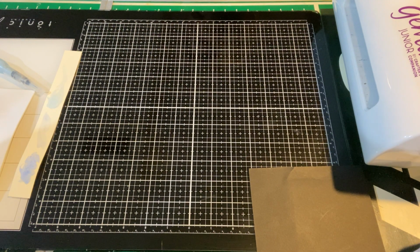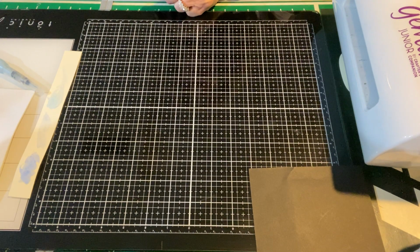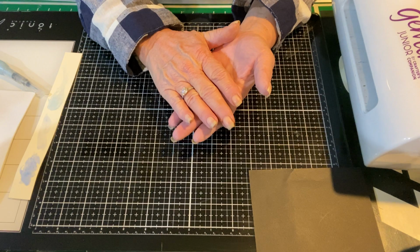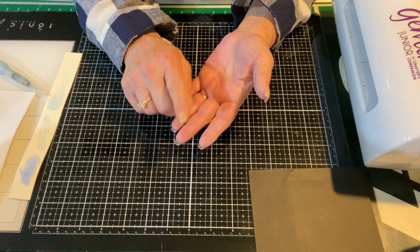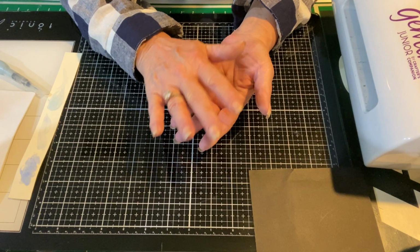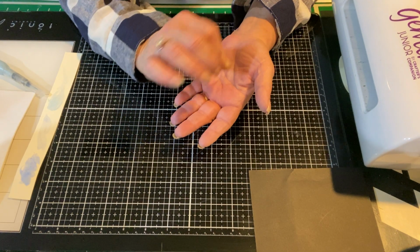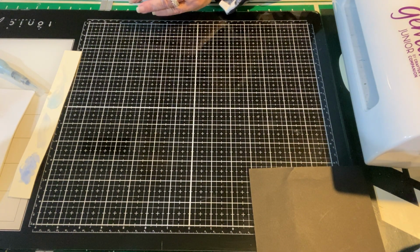It is, as I said, still on Amazon. So if it was something you were going to consider, because there are very, very few alternatives to the Misty, and if you did not want to invest in the Misty because it's so pricey, I still say stay away from Tim Holtz. I do have another video on stamp positioners, alternatives to the Misty. Take a look. There is one there that is very good and still available on Amazon. So that was number 3, the Tim Holtz stamp positioner. Sorry to pick on Tim Holtz, but